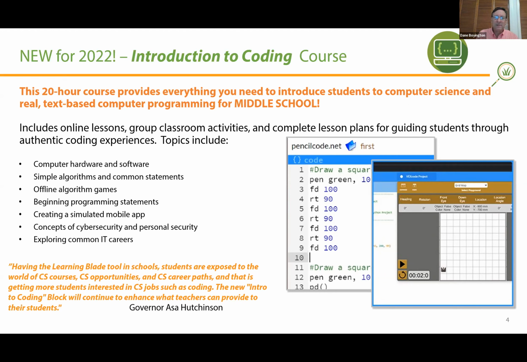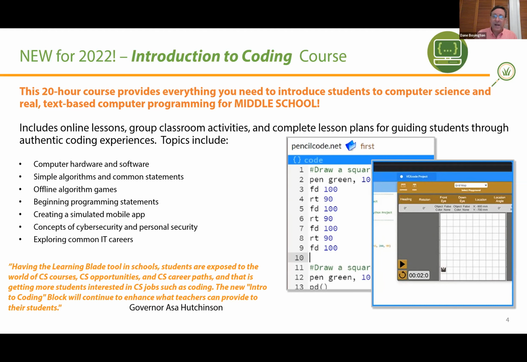games, coding statements, cybersecurity. But one of the things we are going to do, and we're not going to let go of what we traditionally do in Learning Blade, is we're going to put a context around things. So we're not just going to start off and start coding some statements. We're going to put the context around it of what are computers? How do they affect our society? Why do we need to have a program in the first place? We're going to do some of this offline before we get online. And then we're going to round it out with